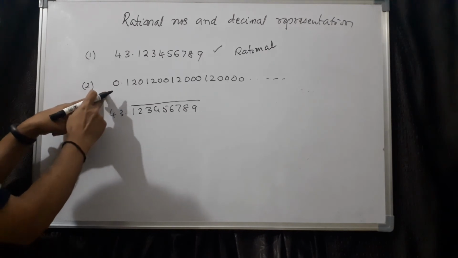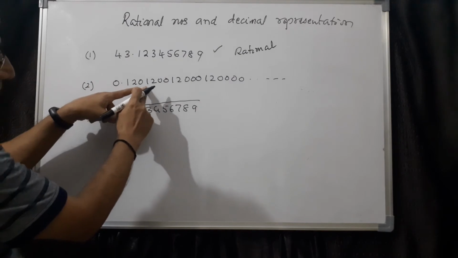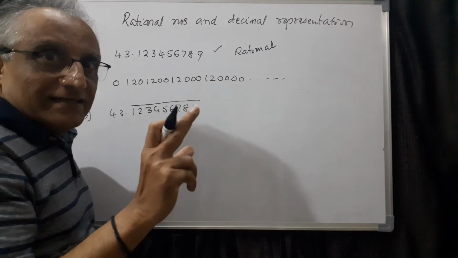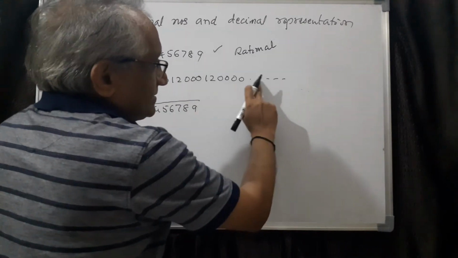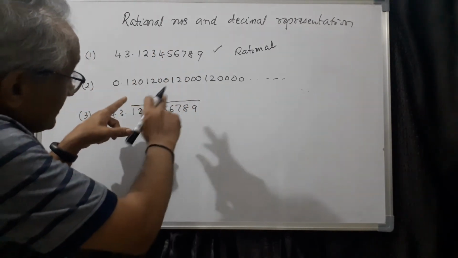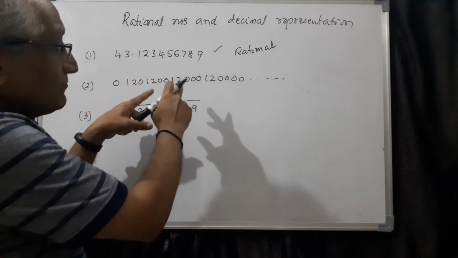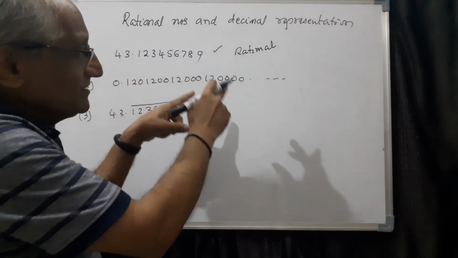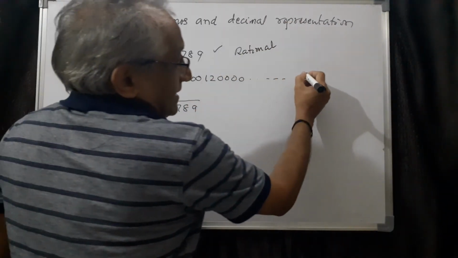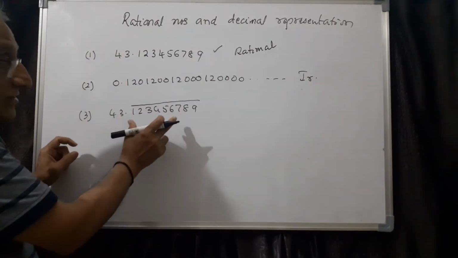Second one, if you look at this, this is irrational because 0.120, then 1200, then 12000. That means it is non-terminating, because this indicates non-terminating. Second, it is non-recurring also, because the same thing is not repeating. First it is 120, then 1200, then 12000, then 120004, next one 5, next one 6, like that. So this is an irrational number, which is of course non-terminating.